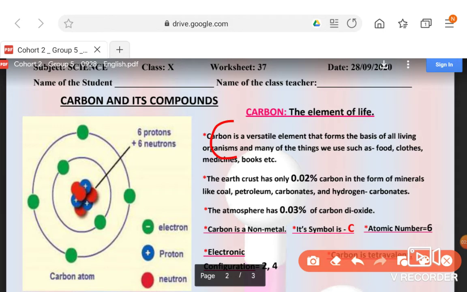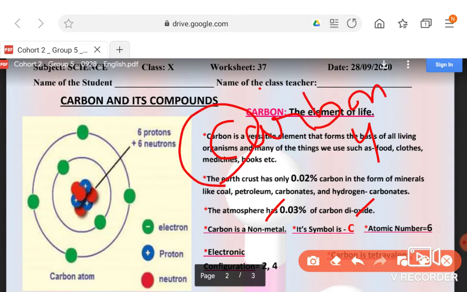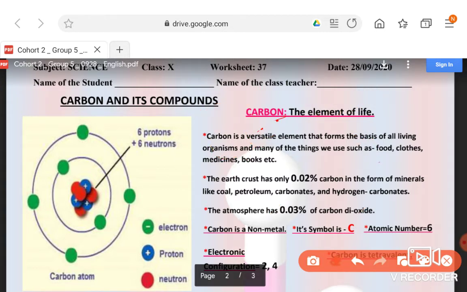Carbon, its symbol is C. Carbon is a non-metal because it cannot lose electrons, it cannot gain electrons. It has 4 electrons in the outermost shell. Generally metals have 1, 2 or 3 electrons in the outermost shell, that we have studied in metals and non-metals. The previous videos you can see, my earlier videos under the playlist class 10. Its symbol is C, from the full name carbon. The first letter is generally in capital form. These small things you have to know.